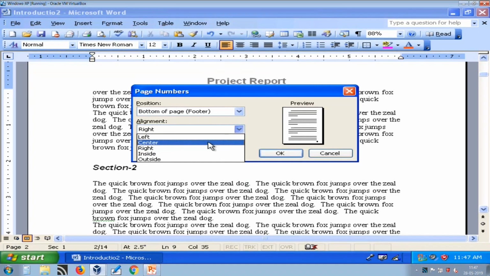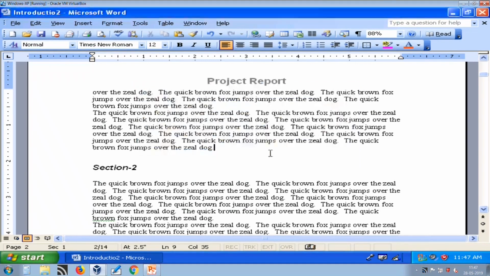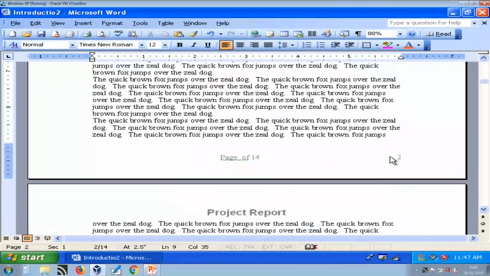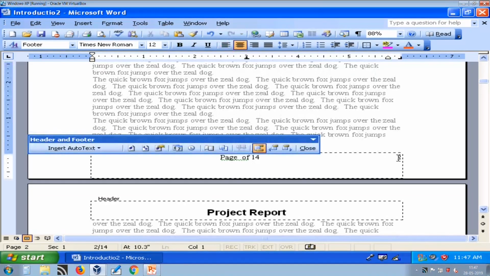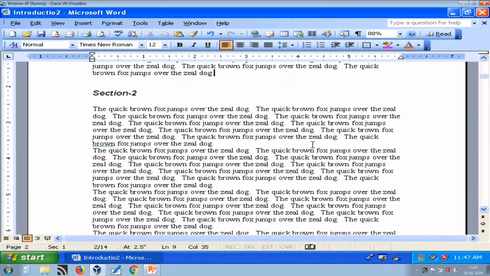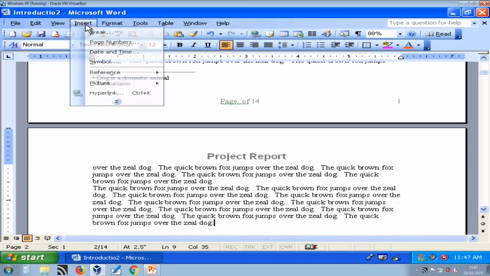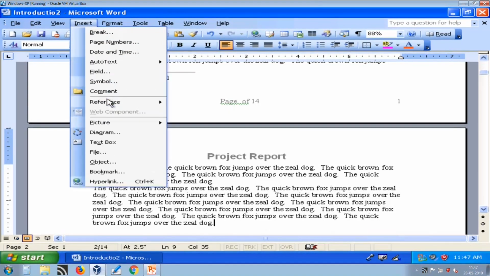I want to add it at the right of the page and in the bottom. So, I just press OK. Here you can see we have the page number in the bottom right of our footer. So, this is how you can insert page number.